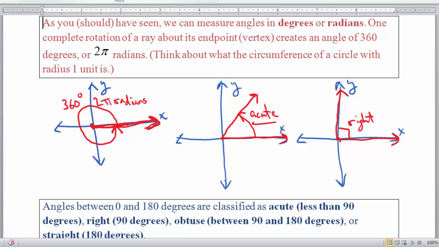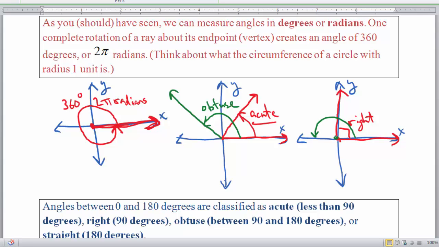And now, I'll use a different color, I guess. An obtuse angle is going to be an angle between 90 and 180. So an obtuse angle would be something like this. And then a straight angle, I'll use green again, would be